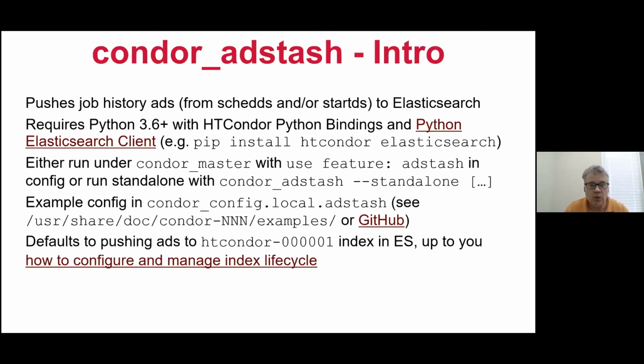So of course, what everyone's interested in is NoSQL databases. So we added a tool called Condor Ad Stash, which reads job ads, maybe from the job history file, maybe from the startd history file, and pushes them into an Elasticsearch database. This is a Python 3 script that uses the Python bindings. And once you've done this, Elasticsearch will have your job ads in JSON format, which is kind of handy, because